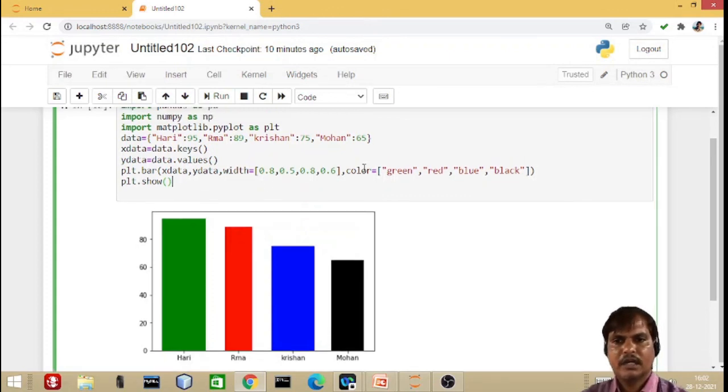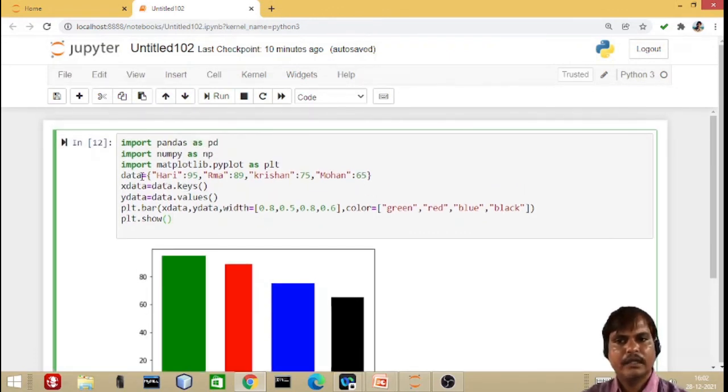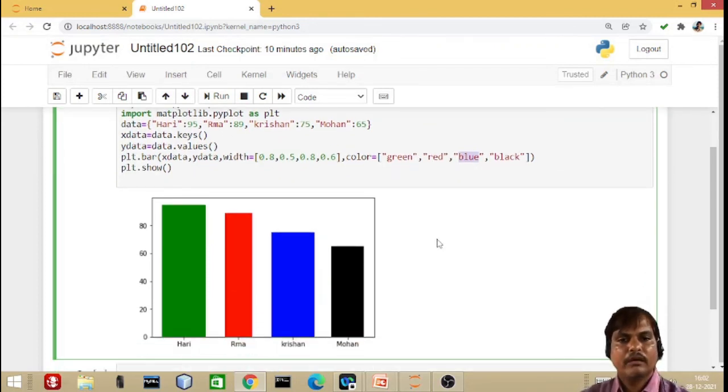So just now you saw how to create a bar using a dictionary, right? Segregate the dictionary data: x-axis from data.keys and y-axis from data.values. This is the data of my dictionary variable, and plot it, set its width and set its color. The default width is 0.8 unit, and the default color is always blue, which you can change as per your requirement. So hope you have learned and understood all these functions.